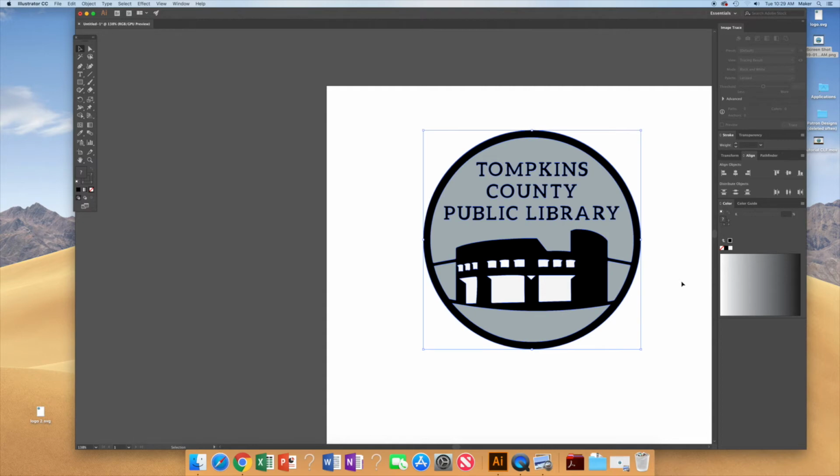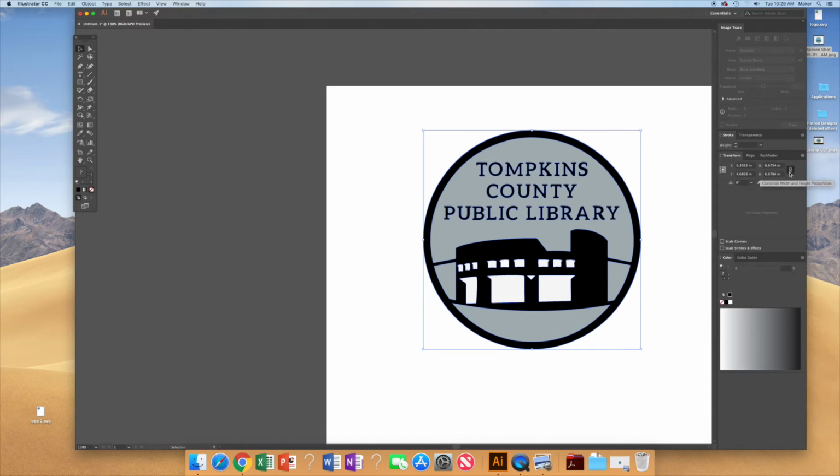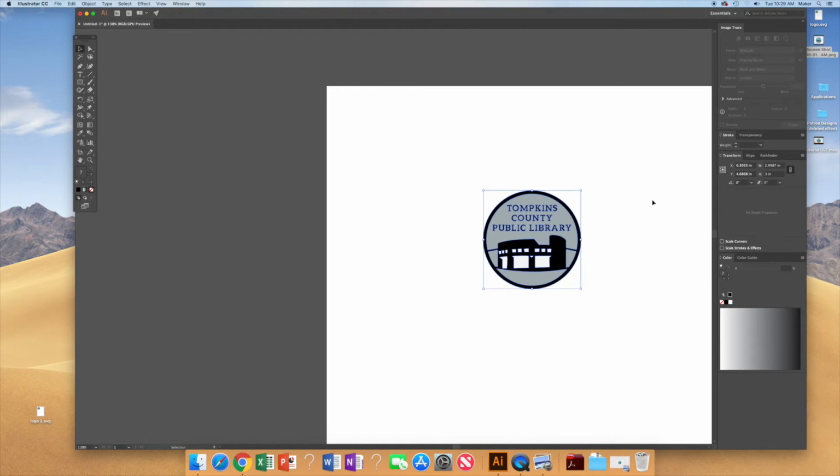So now this is actually done being designed, and all I have to do is size it to the size that I want, and then I can just send it to the printer after I save it as a PDF. So I'm going to resize this using the Transform tab. You can see here these little chains are linked together. That is a good thing. It means that when we change one side, the other side is also going to change, and it won't get all wonky. If you don't want that to happen, you can click it, and it makes it so that they are disconnected. But I'm going to keep it connected. I'm going to make this a 3x3 little magnet shape. So I'm going to say 3, enter. So now it has made it so that it's 3 and a teeny bit less than 3